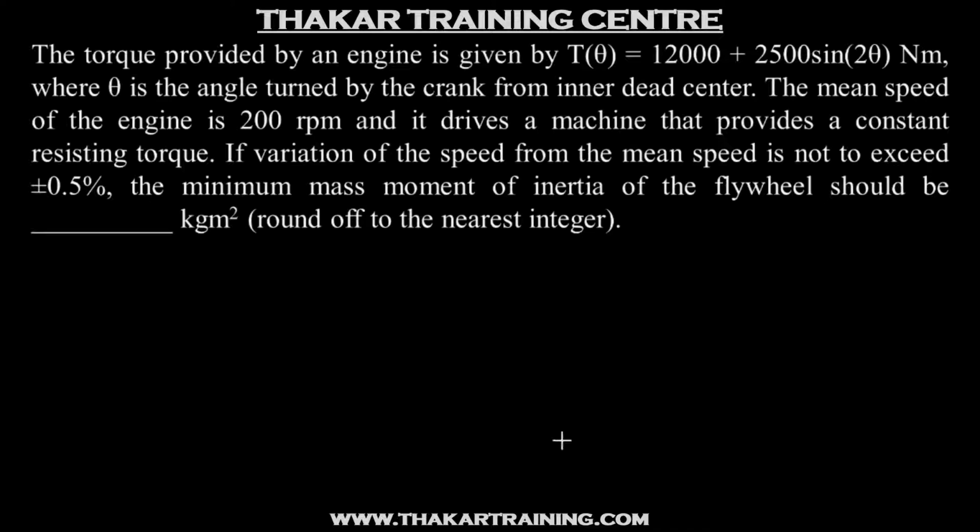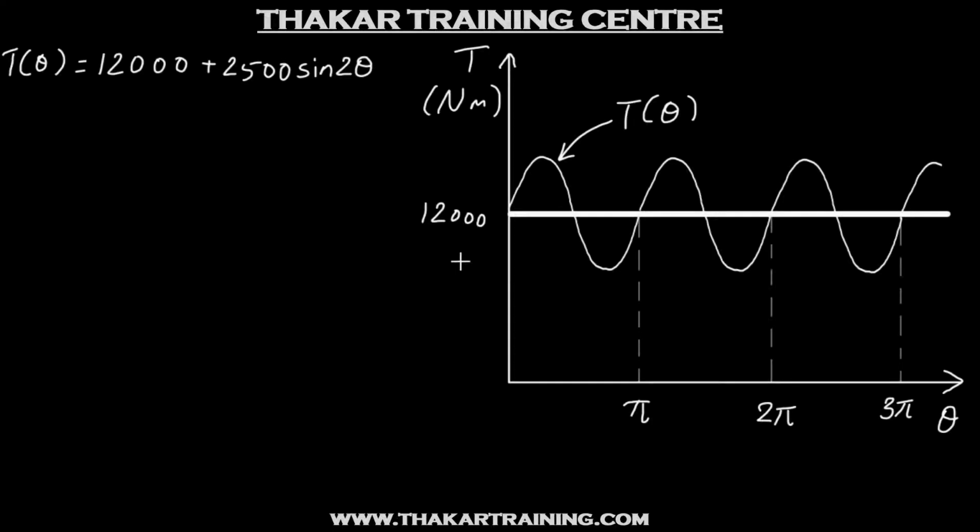If we pay attention to the expression for torque, we find the presence of sin 2θ. This makes it redundant to provide any information regarding the crank rotation angle for one cycle. Let's understand this with the help of a diagram. This is how the diagram for the given torque expression would look. Now one curve of sin θ is completed in 2π radians, but here we have sin 2θ. So in 2π radians we will have 2 sine curves, as we have shown in the diagram. So one sine curve will be completed in π radians.